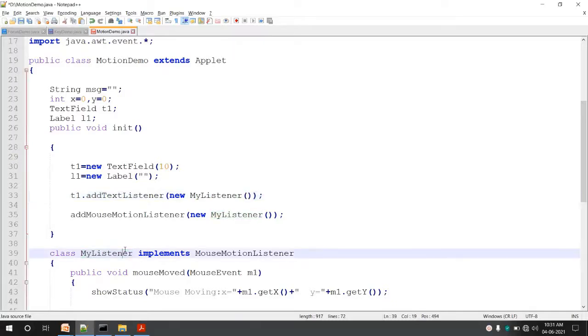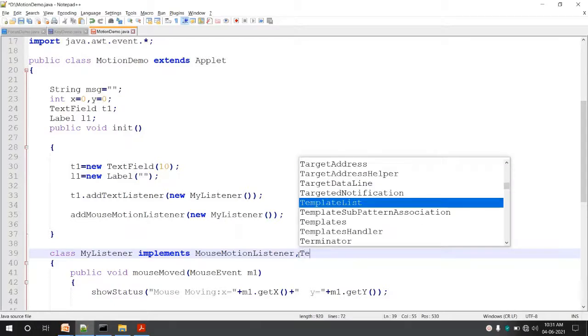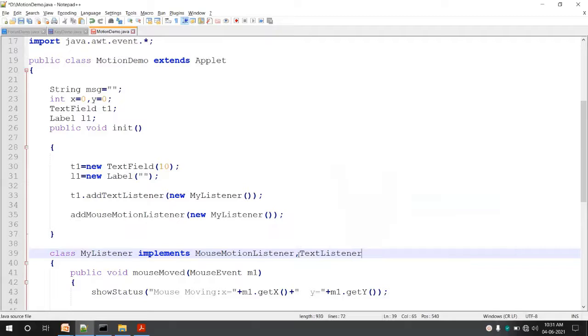But if you look at your my listener, this is right now only implementing mouse motion listener. Meaning it can only handle mouse motion events. It cannot handle text events. To make it handle text events, even this my listener should implement the text listener interface. So TextListener.